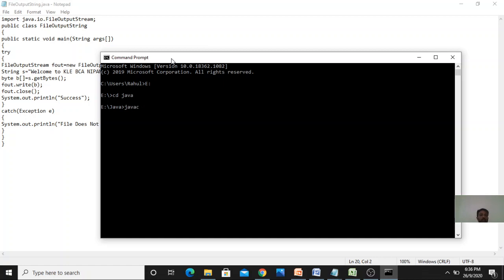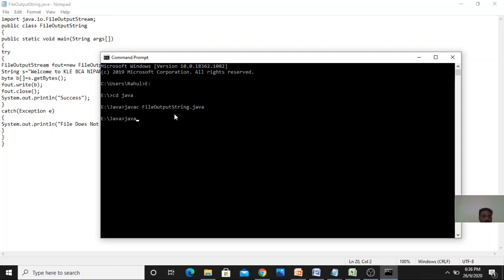Javac, file name is FileOutputStream.java. So I am just compiling the program. Successfully compiled, there are no errors.